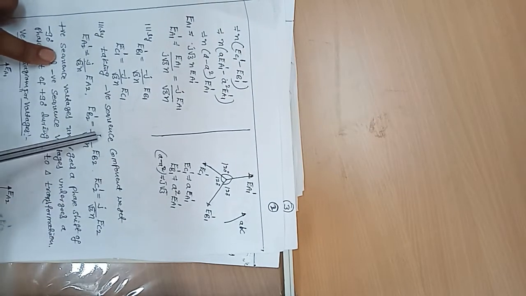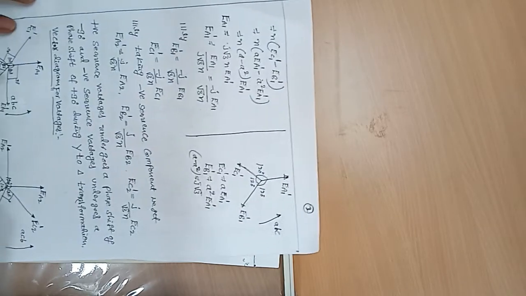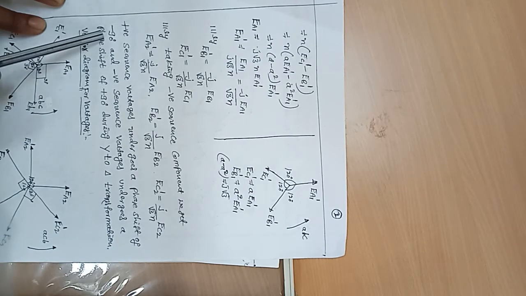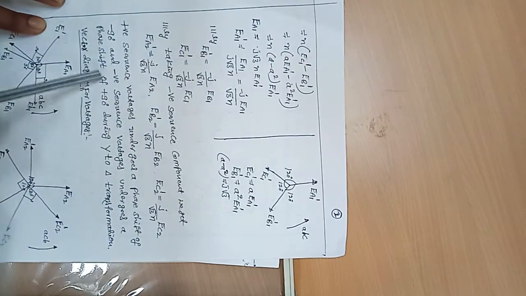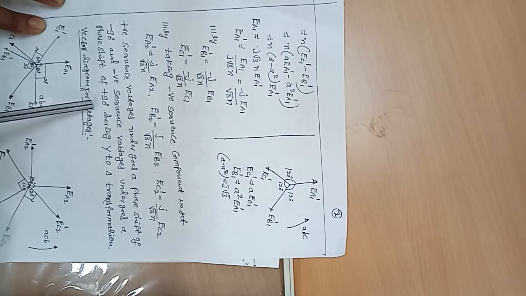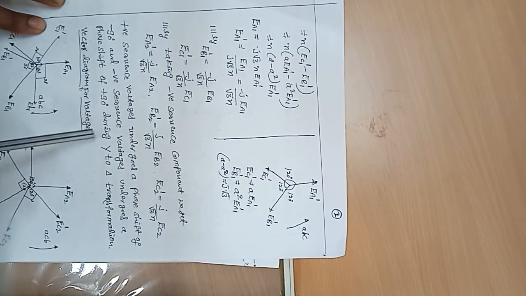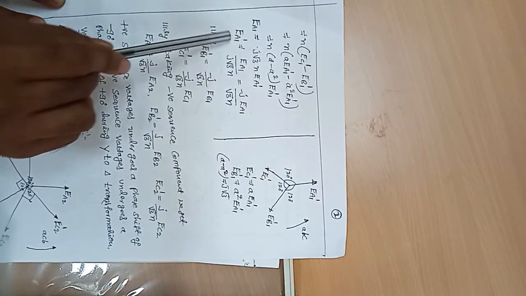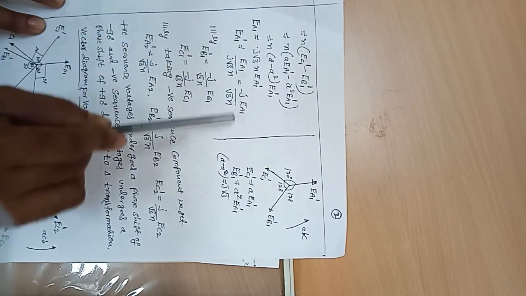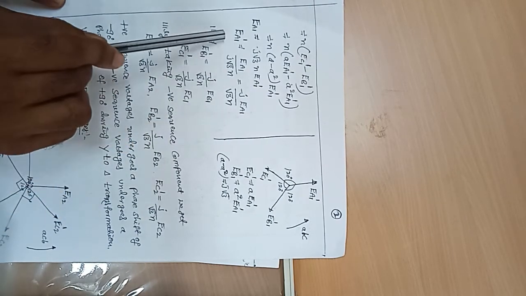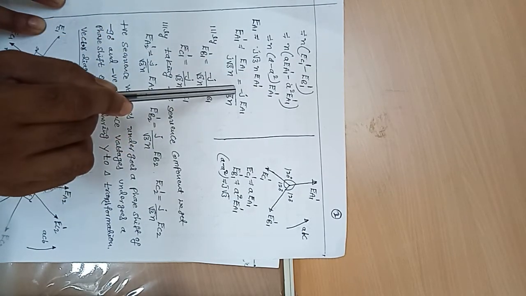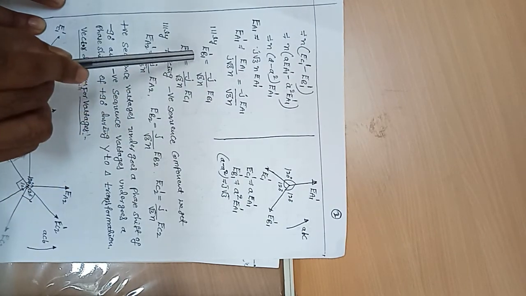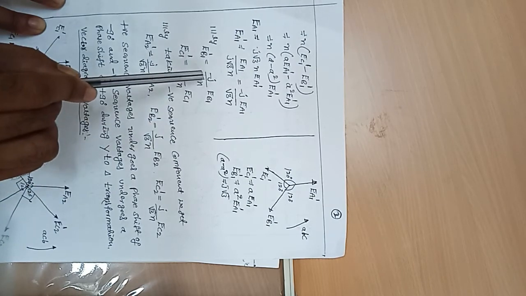Okay, now the negative sequence component is just opposite to this. What does it indicate? Positive sequence voltages undergo a phase shift of minus 90 degree, because here it is minus j, and negative sequence voltages undergo a phase shift of plus 90 degree, because here it is plus j, during star to delta transformation. Means EA1 dash is the voltage on the delta side, EA1 is the voltage on the star side. EA1 dash is lagging EA1 by 90 degree, because minus j is 90 degree lagging. Similarly, EB1 dash is lagging EB1 by 90 degree.